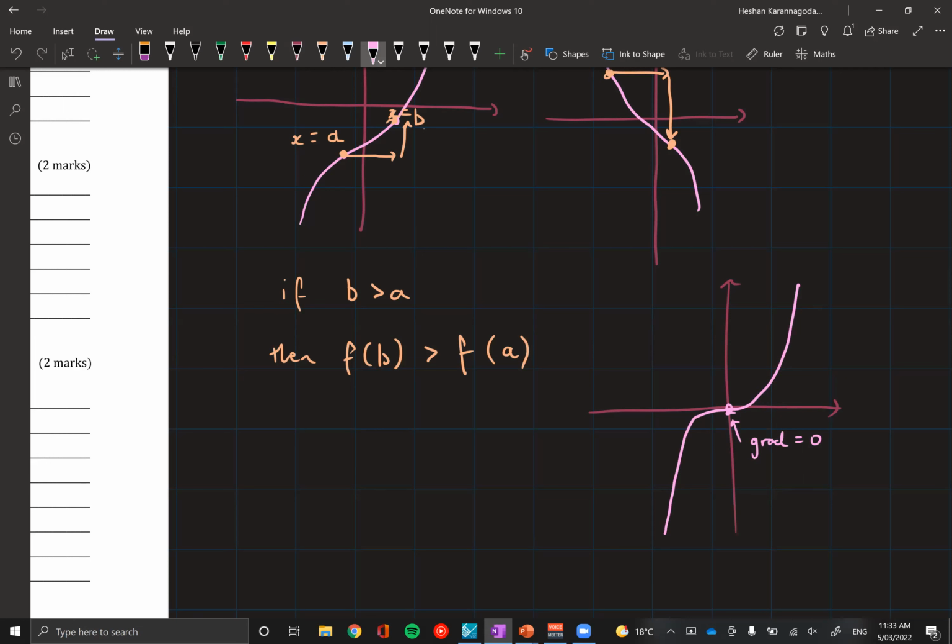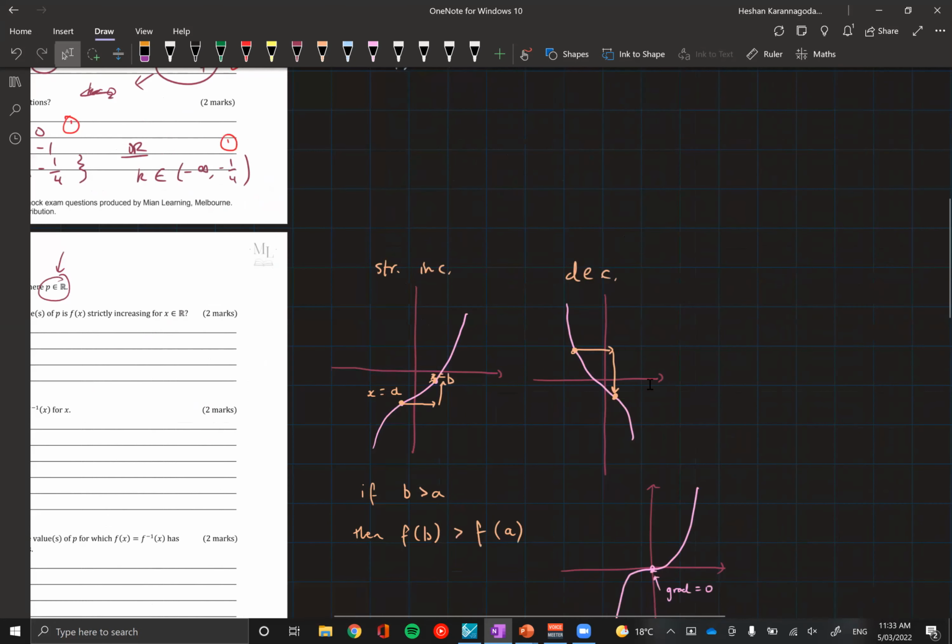Now, a common misconception is that if it's flat, then it's not strictly increasing or decreasing anymore, but it actually is, okay? And actually, I thought that for a long time as well, because the textbook wasn't clear on this. That's why you can't rely on textbooks all the time, and they don't go into a lot of detail. But if you have a gradient of 0, that still counts as strictly increasing. And I'll just show you why.